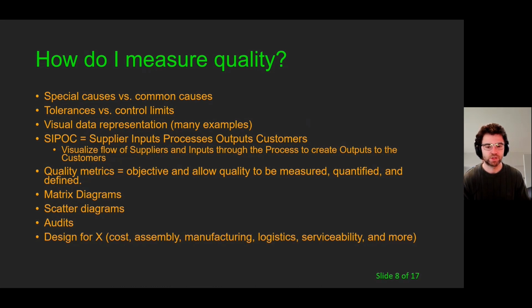You can take that as an accepted quality issue. There's also tolerances, right? Tolerances are things you can work with. That would be an example of a tolerance versus a control limit, where you have to stay in a certain range. And if you don't, then regardless of what your customer is looking to actually buy from you, it doesn't matter. You won't even be able to get to that point if you're not able to maintain control limits.